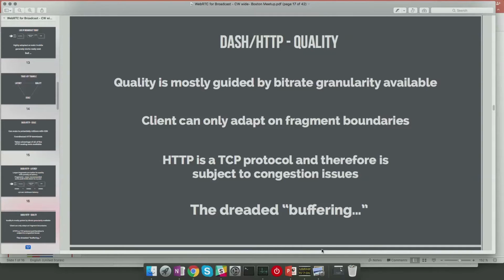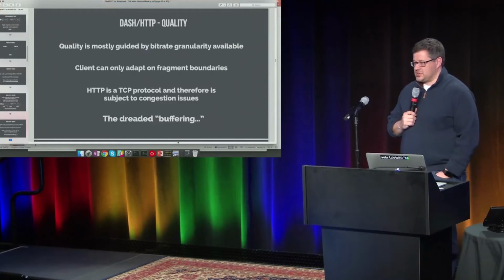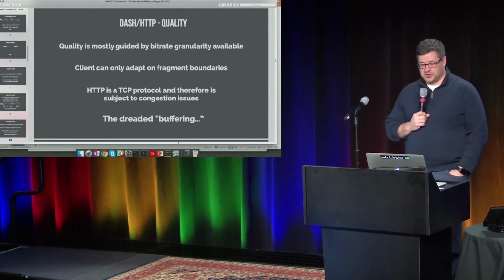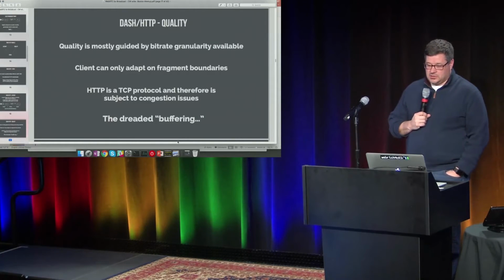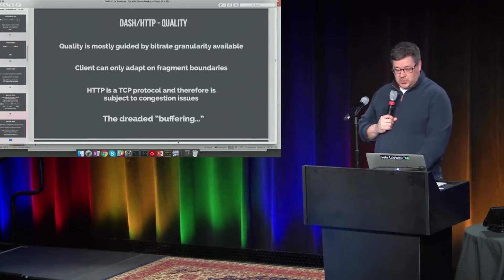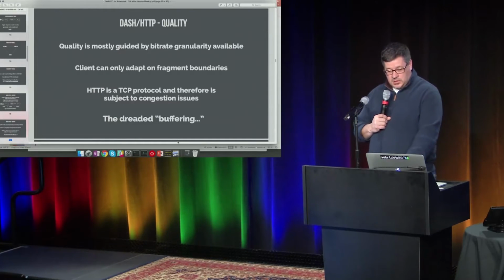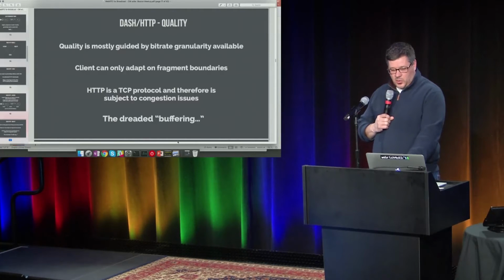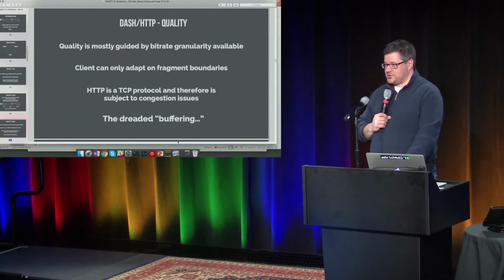And HTTP is also a TCP protocol, so there are congestion issues if there are hiccups in the network. And you potentially get the dreaded buffering. Overall, it usually works pretty well, but from a quality point of view, it's not fully saturating the channel.